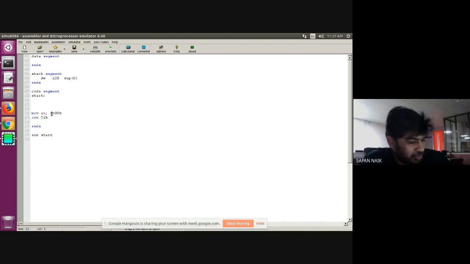Same is with cube. If I need to find the cube of an 8-bit number, it will be a number which is more than 16-bit. So you can't store it directly in some register. You require memory locations, or you need to use more than one register to store that answer. Yes, so that is what we are going to do today.